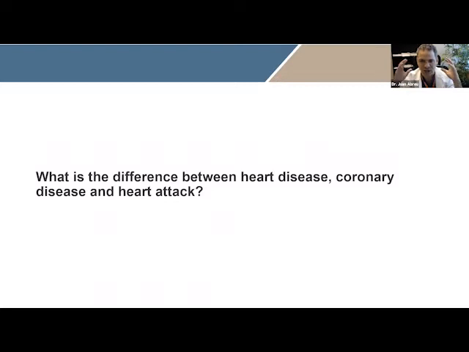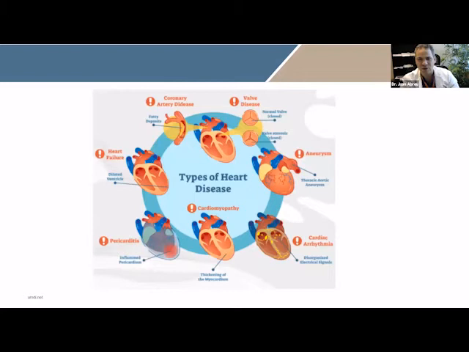Then we talk about heart disease, and then we talk about coronary disease, and then we talk about heart attack. So all these terms are a little bit confusing. What is what? Why are there so many different terms for all these things that are happening? So overall, I just want to bring you an overall picture. We have the heart, and the heart has different types of disease. The most common one, which is the one we're going to talk about today, is coronary artery disease, right?